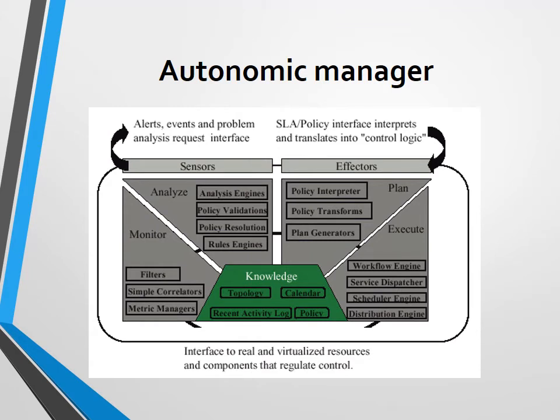Autonomic manager. So what is an autonomic manager? An autonomic manager is a component that implements the control loop. This manager distinguishes the autonomic element from its non-autonomic counterpart by monitoring the managed element and its external environment, and constructing and executing plans based on the analysis of the information. The autonomic manager will relieve humans of the responsibility of directly managing the managed element.